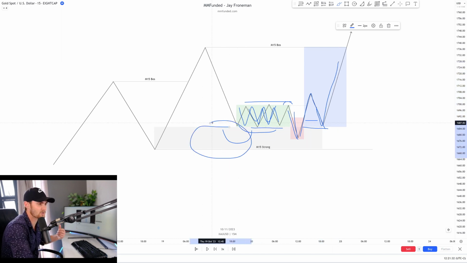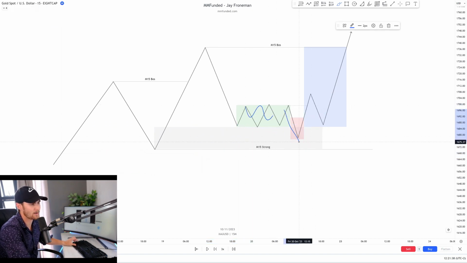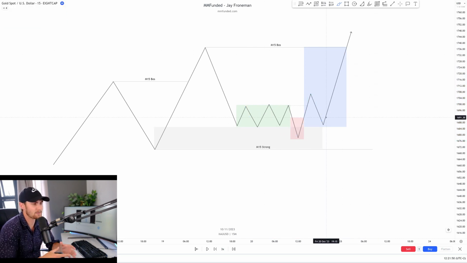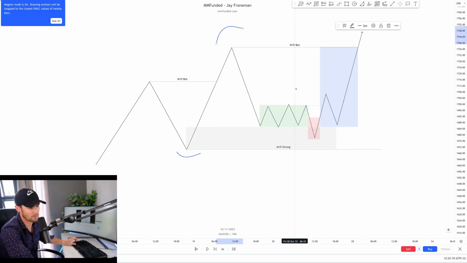So take note of the way that I'm approaching this. We're not just having a look at simple accumulation, which is a range, a sweep of that range, the displacement fair value gap to go long in the middle of nowhere. It must be happening in a higher time frame POI, which is a point of interest, supply or demand zone, or institutional level zone. In this scenario over here, let's say we've got strong protected lows, weak exposed highs,